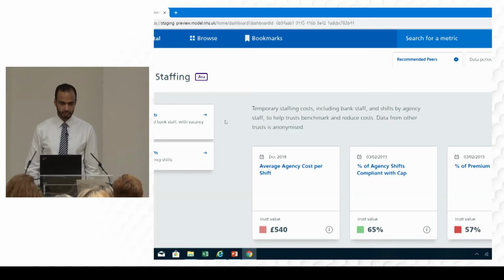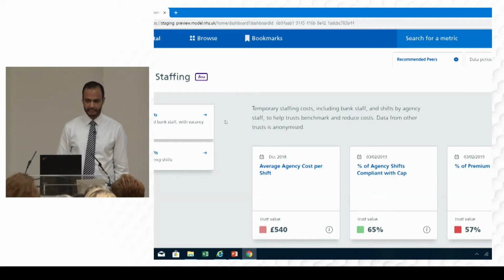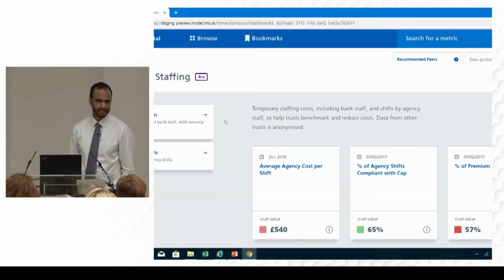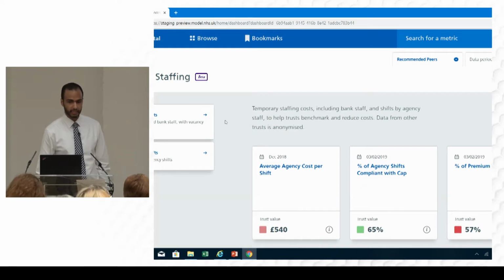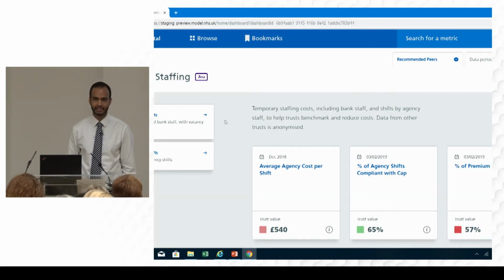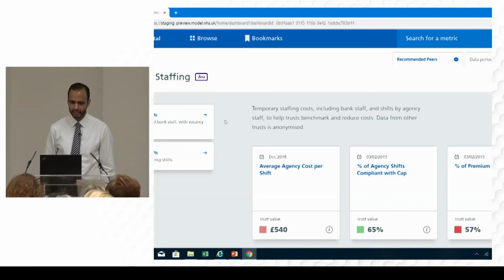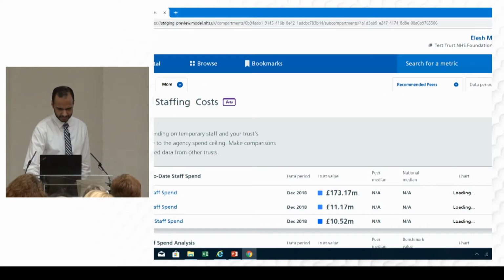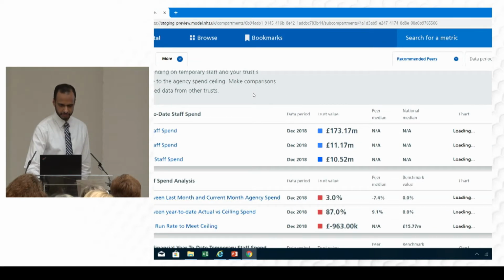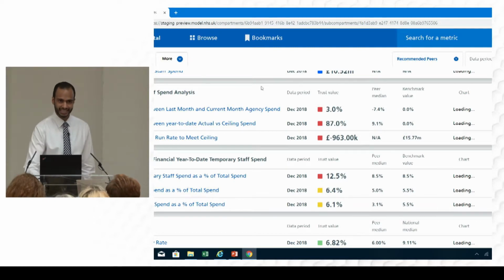And if you did want access, the first place to start is with your trust ambassador. I think all acute trusts now have an ambassador who has access to pretty much every compartment in Model Hospital, including this one. And they can also point you to how you gain access for other compartments where you may not have them already. But if I go into some of this very briefly, it just gives you a sense of your overall staff expenditure, your performance against your agency ceiling,